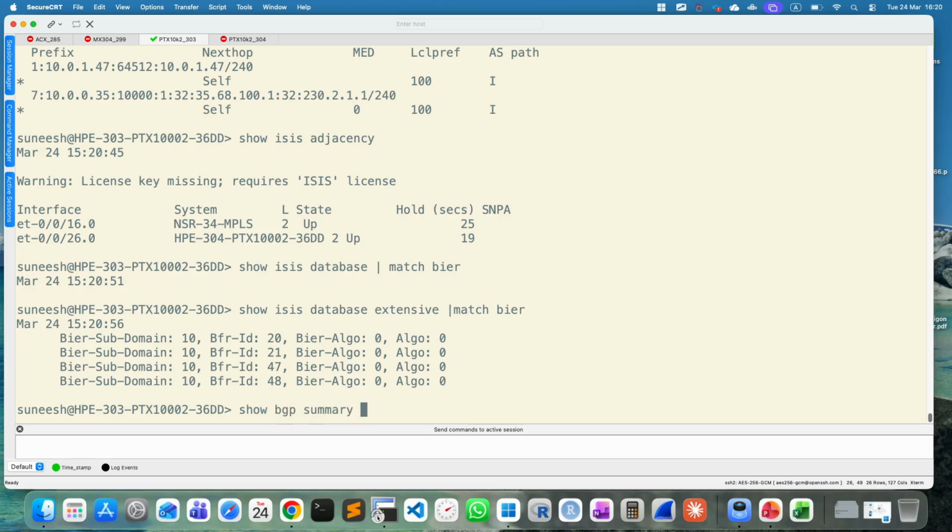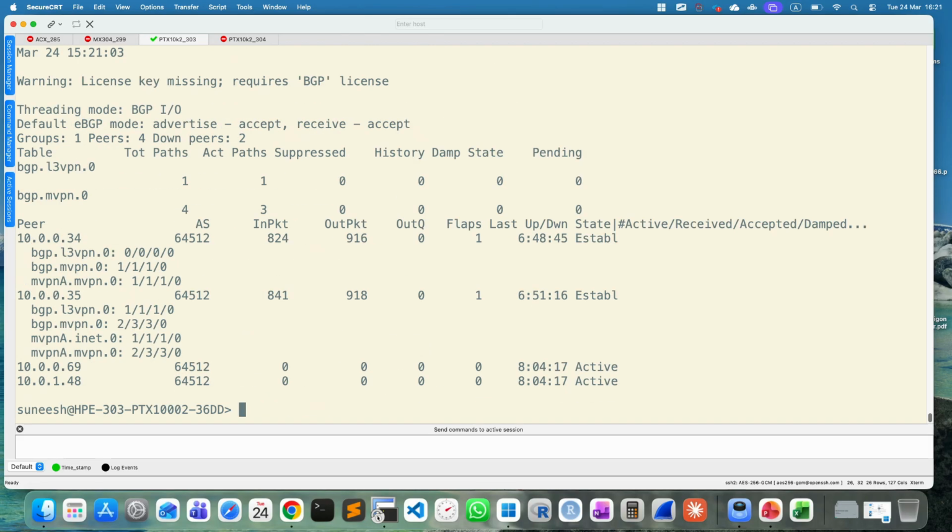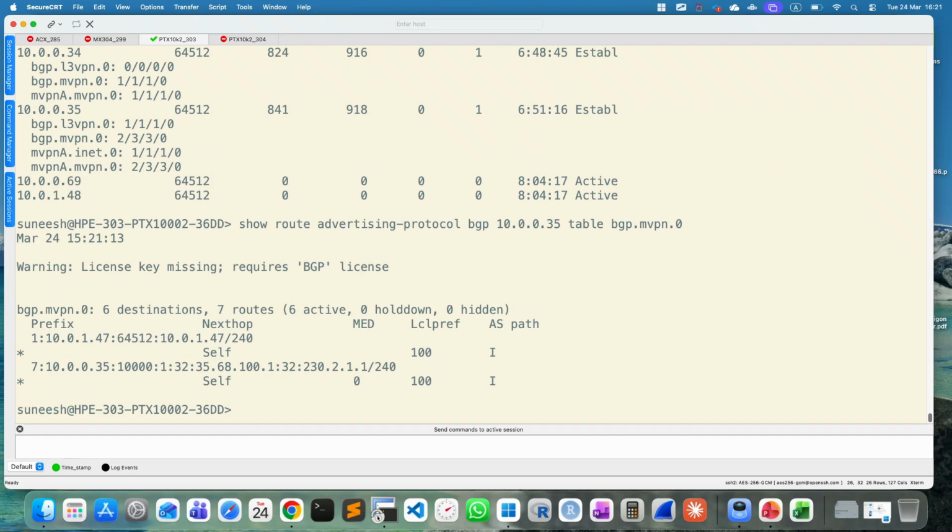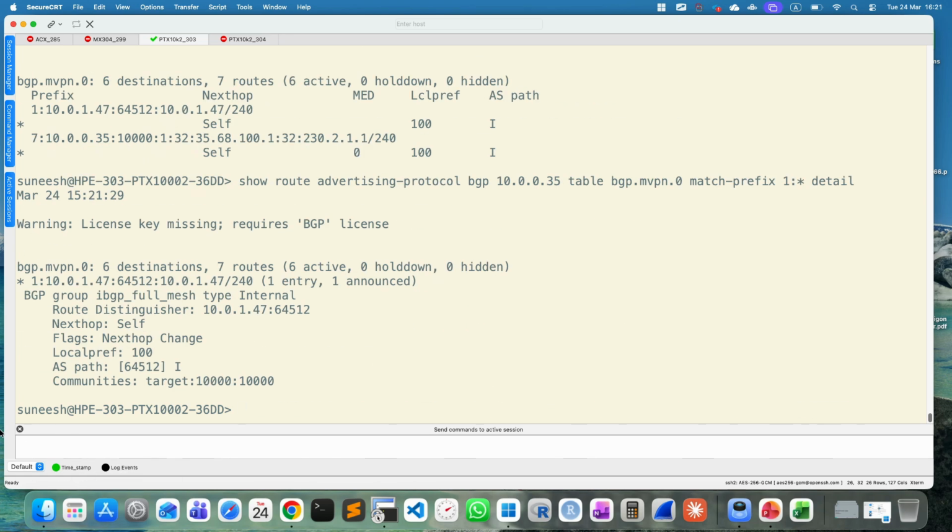Then I have show bgp summary, nothing but your overlay part. Then show route advertising-protocol bgp 10.0.0.35 table bgp.mvpn.0. You can see from the HP node, I am advertising 2 routes. Type 1 routes are nothing but the auto-discovery routes. So if I match prefix 1:* detail, you can see that it is the type 1 route